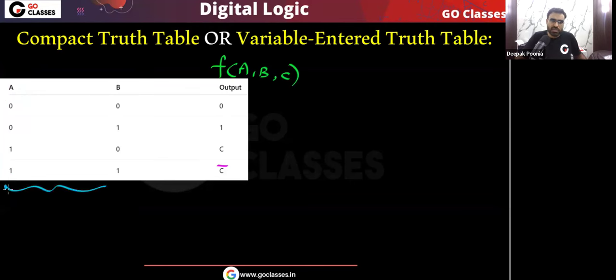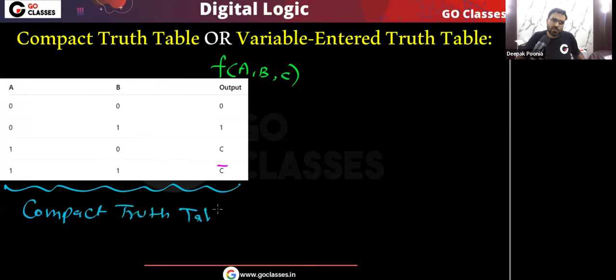Okay, and you can see this truth table on your screen. This is basically a compact truth table. This is not your original, or I can say standard truth table. This is called compact truth table, because if you look at the output column f, you can see we have constants like 0, 1. We also have variables and their complements, any expression we can have on the output.